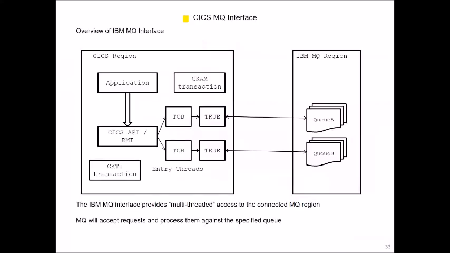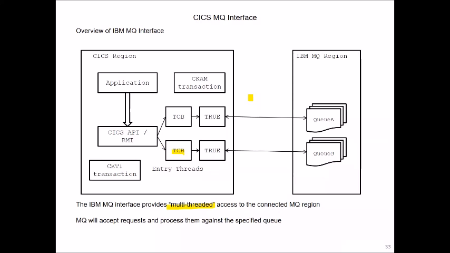Okay, important stuff. So the interface. It is a multi-threaded interface, so it is going to take up many TCBs. These are the max open TCBs as far as the SIT PARM goes. So you code max open TCBs equals some number. And by the way, at 5.4, the minimum you can code now is 32. If you try to do anything less than 32, you get an error or a warning, and it goes to 32 anyways. What you're going to find, however, when I show you the actual resource definition here, is there's no way